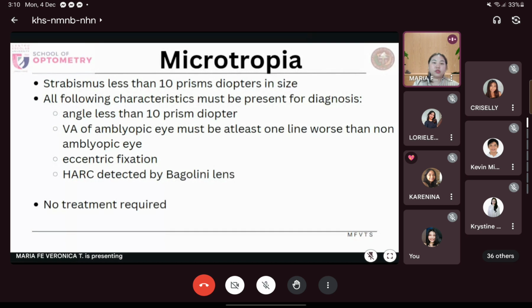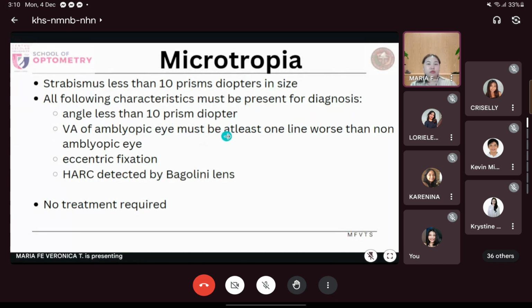Okay. So since this is a microtropia, dahil less than 10 prisms lang naman, may eccentric fixation naman siya, meaning there is single binocular vision. Usually, no treatment required naman to. Pero yun lang, kailangan all these conditions must be met kasi baka naman may angle of deviation nga siya, pero hindi naman amblyopic eye, wala naman eccentric fixation. Possible, mataas lang siguro yung phoria niya. So, you should classify it